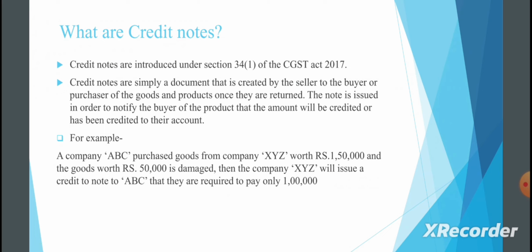For example, a company ABC purchased goods from company XYZ worth rupees 1,50,000 and the goods worth rupees 50,000 are damaged, then the company XYZ will issue a credit note to ABC for the amount that they are